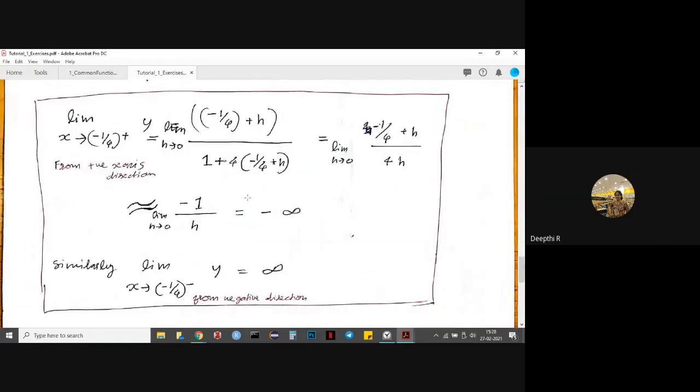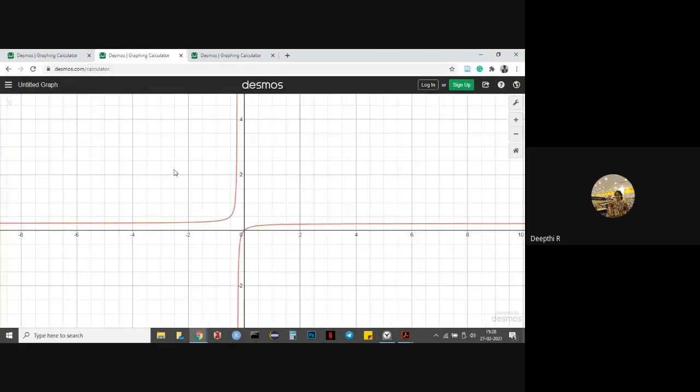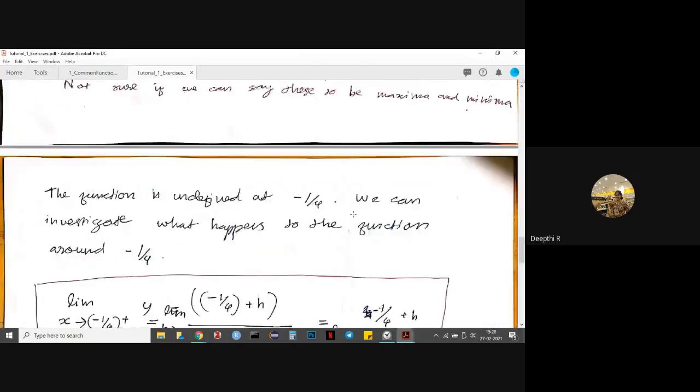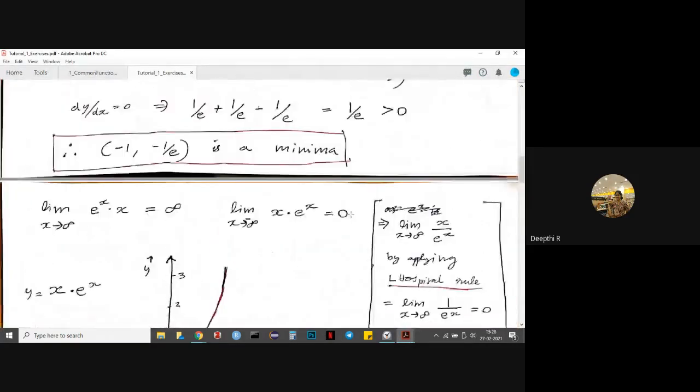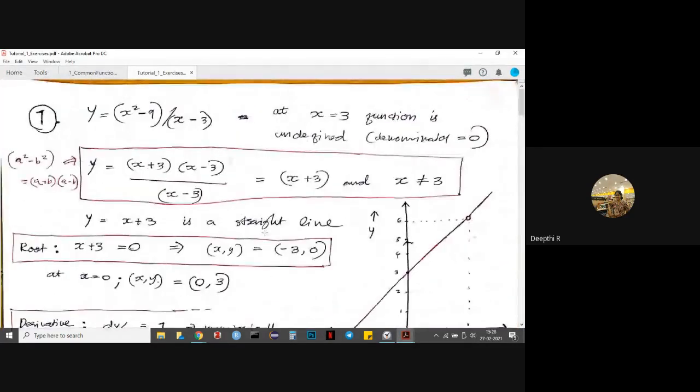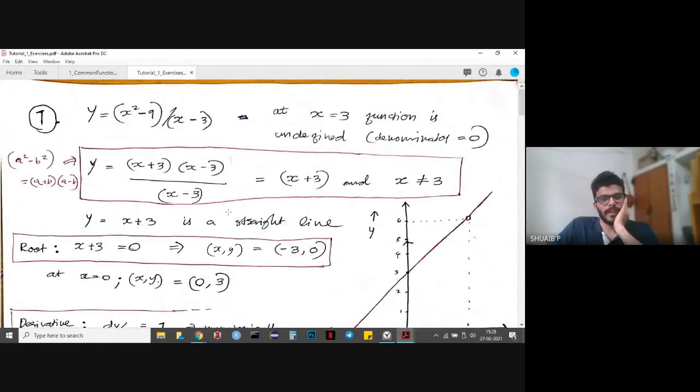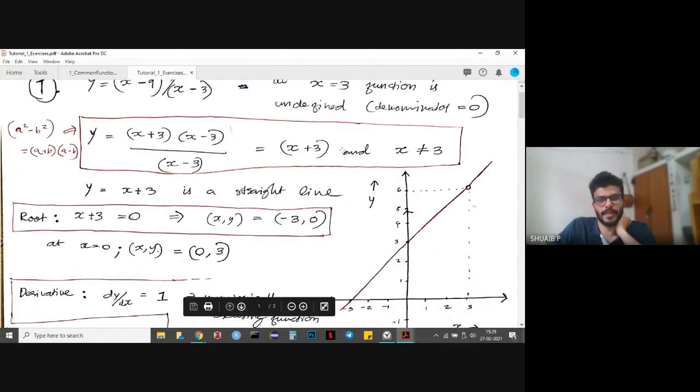Sure, but I had one more doubt. In this last function, we used the quotient rule to get the derivative, no? And in the first function also, since it's a fractional function, shouldn't we use the quotient rule there too to get the derivative? Yeah, we can actually use it, but the thing that we did here is we could make a simplification. This simplification should hold for this function, x plus 3, for all points where the function is defined. So we can just play around with x plus 3, which makes our life easier.